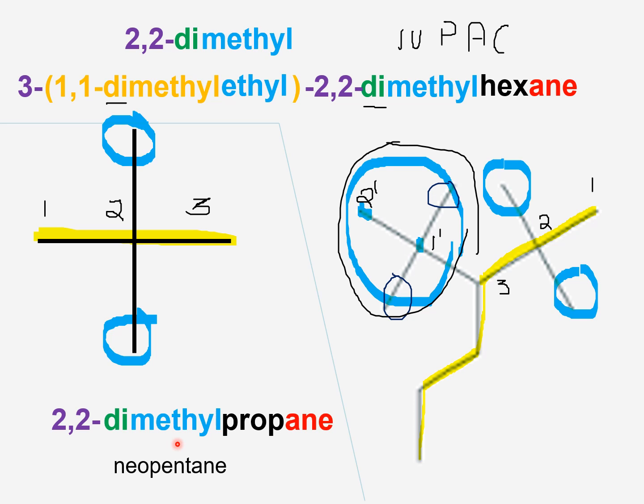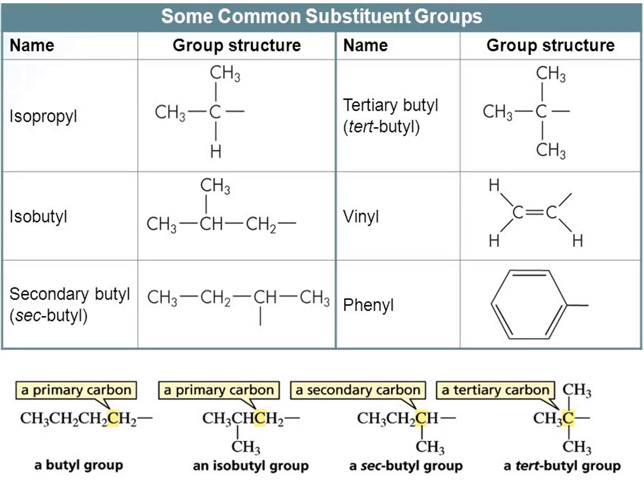So you can find as an alternate name 3-tert-butyl-2,2-dimethylhexane. So meaning that in position 3 you have this tert-butyl. So this is a table where you see the names of some branches that have some sort of common name, so that you don't have to use the parentheses basically. And so you see isobutyl, isopropyl,